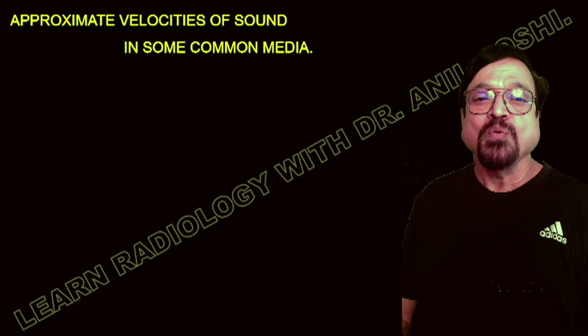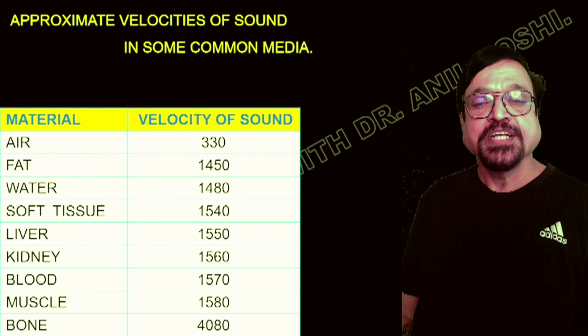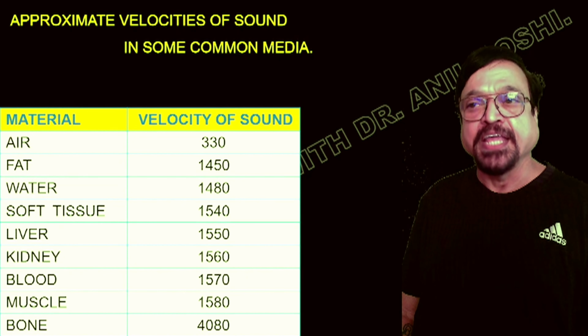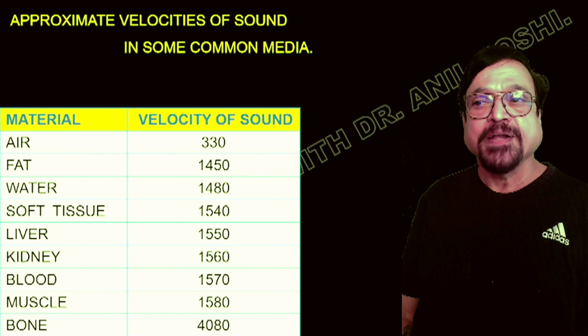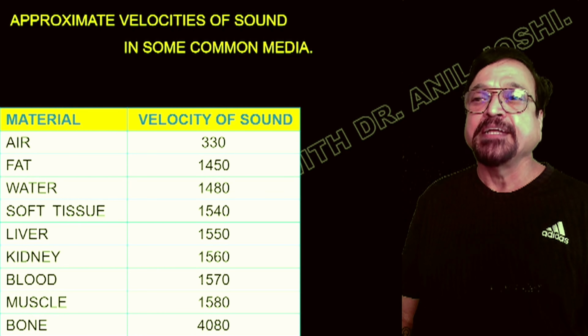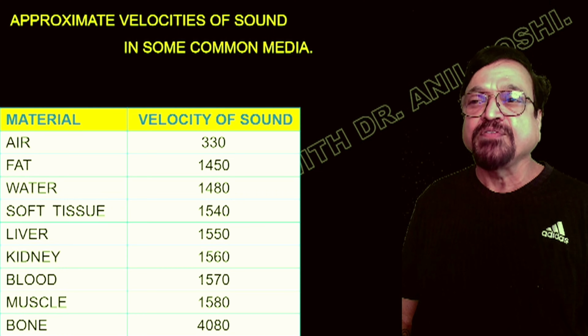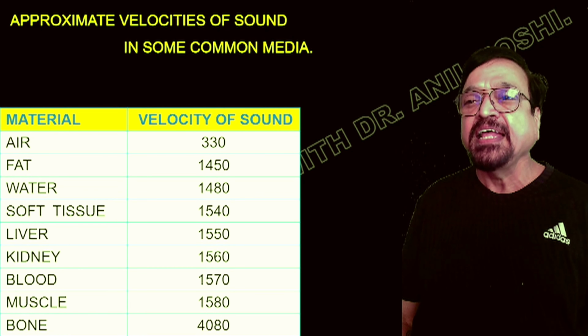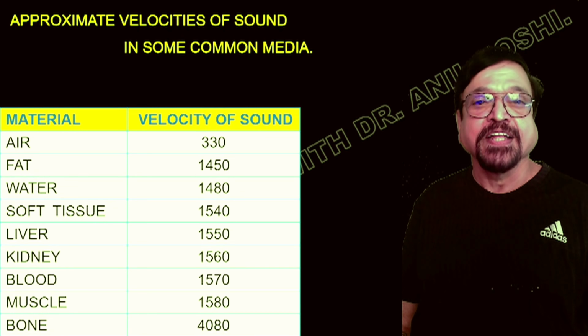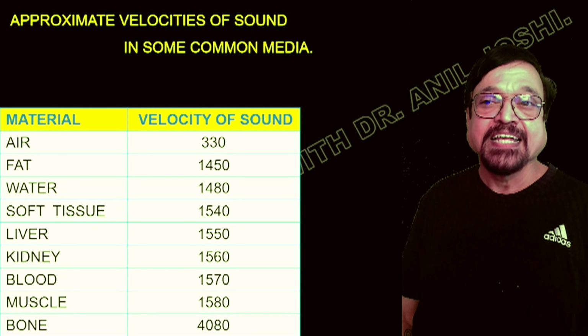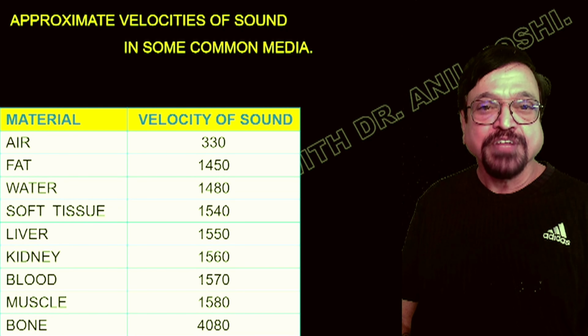Now, we should know what are the approximate densities through which a sound wave travels in the body. Now, air, if it is in the body, will go at 330 meters per second. Then fat, 1400. If you see carefully, fat, water, soft tissues, liver, kidneys, blood, and muscles, there is not much difference. The major difference is air, soft tissues, and